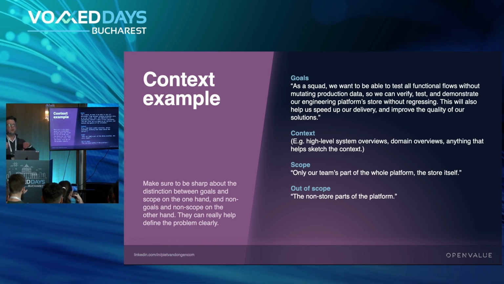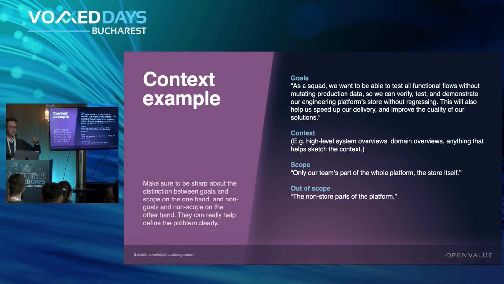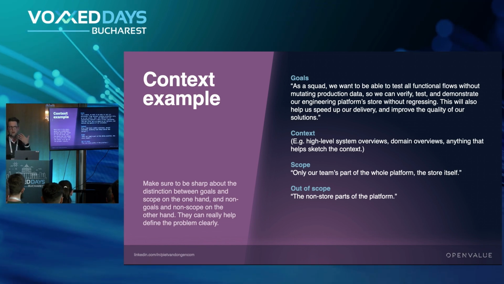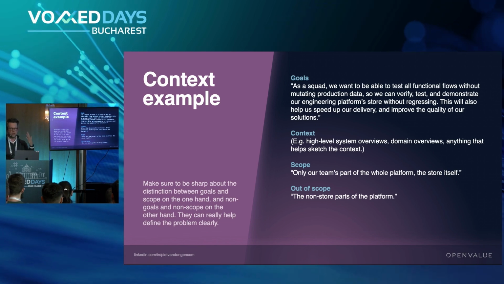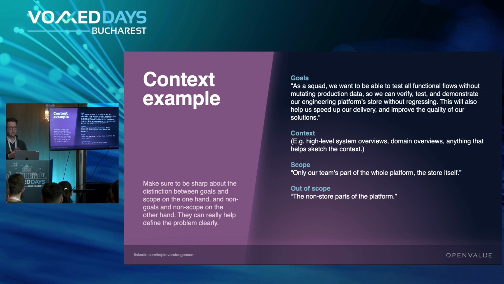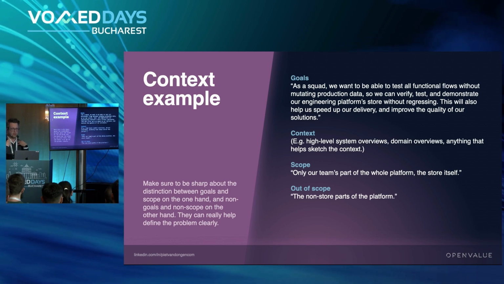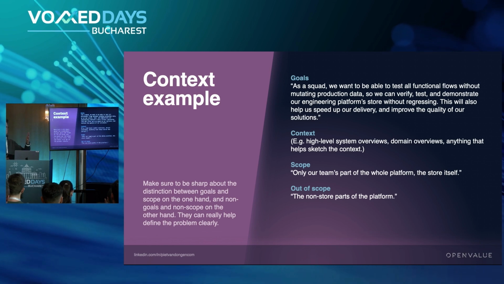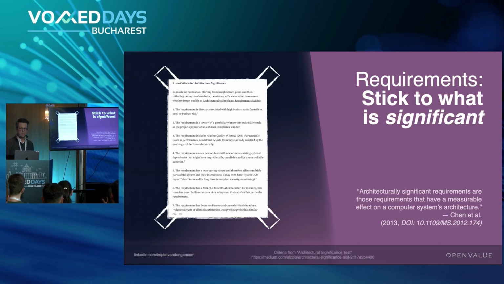Then, as a context, we used some C4 level 2 diagrams, just a big picture of the things we were working on, and some, I think, sequence diagrams and user stories. And then we scoped it. So we are part of a bigger system. We are working on the thing that we are responsible for, not the rest. So it's very easy if you read this. Okay, this is what we are talking about, not something else.